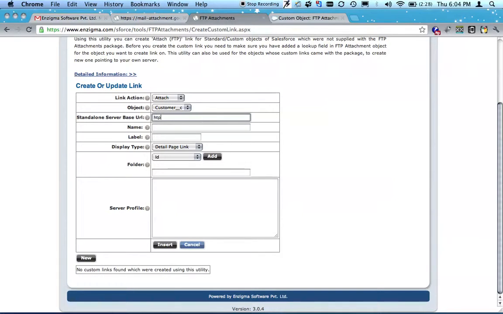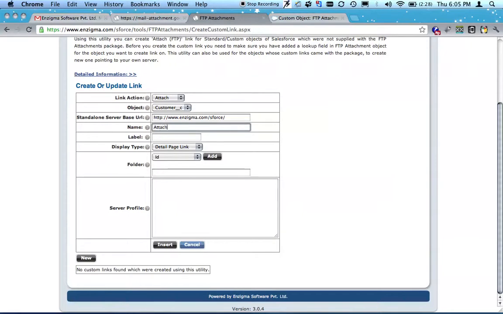If you have hosted your application with Enigma, enter the URL as shown. The standalone server base URL defines the URL of the server where your application has been installed.